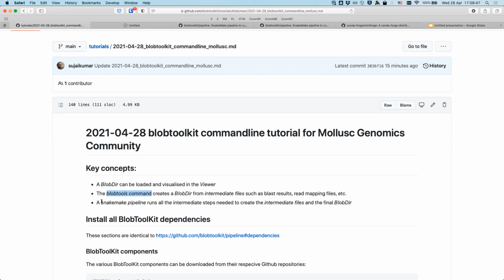And the last part is, well, it's not the last part, but in my listing of the concept, going a step back actually, is a Snakemake pipeline. So if you've used Snakemake, it's a way of automating lots and lots of steps and making sure that you don't run the same steps again if you don't need to. So Snakemake pipelines, and I will show you how to run that as well today,